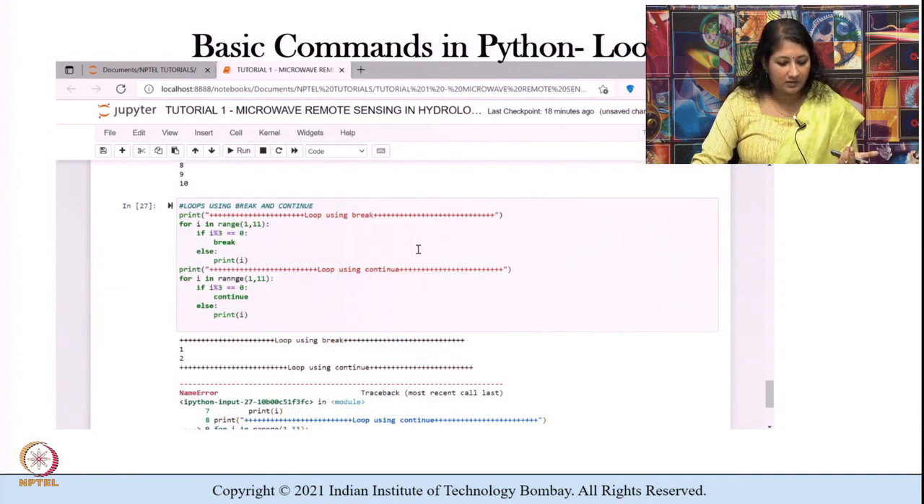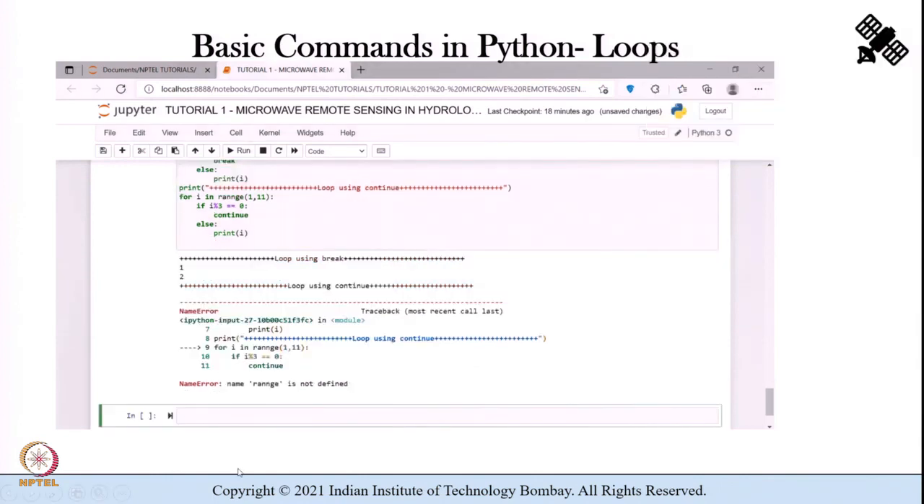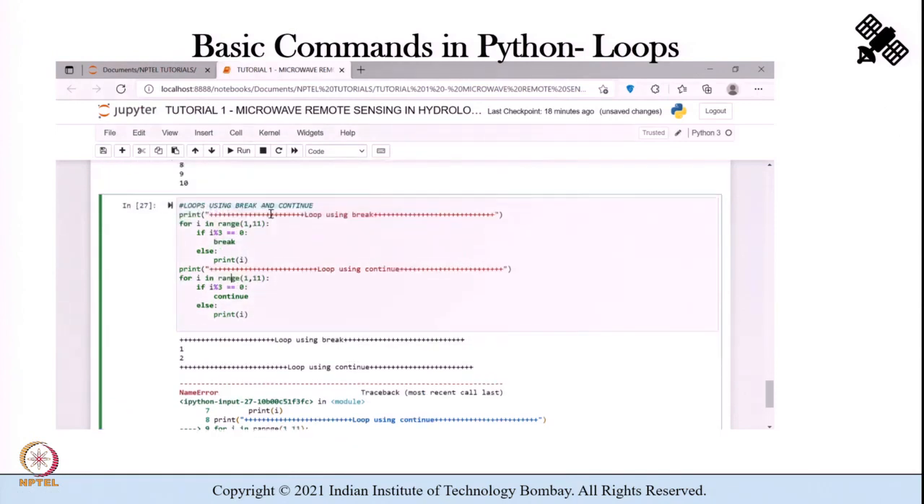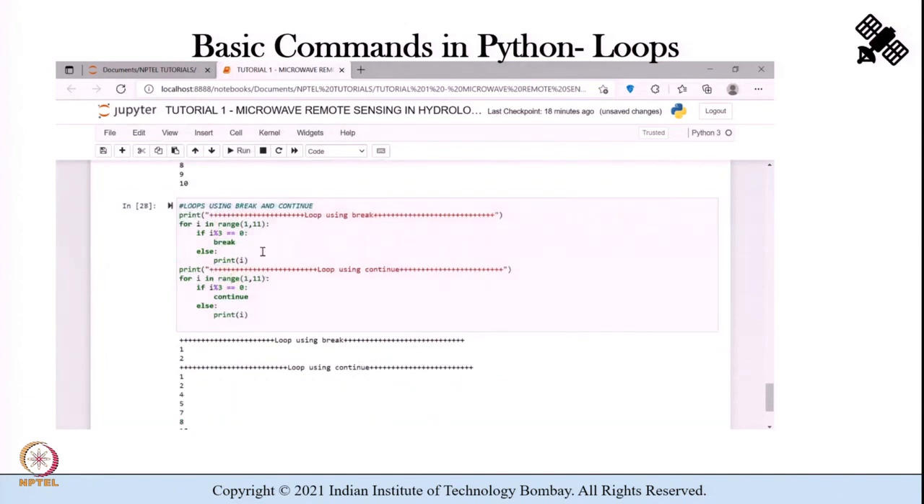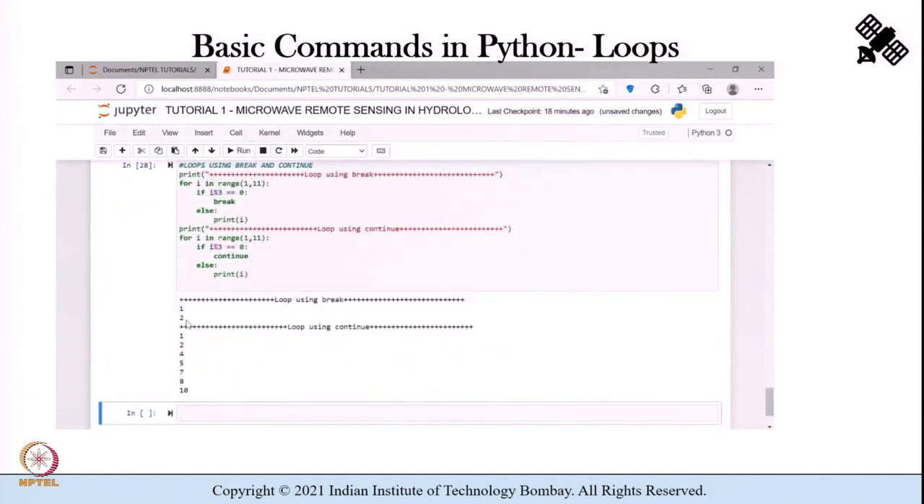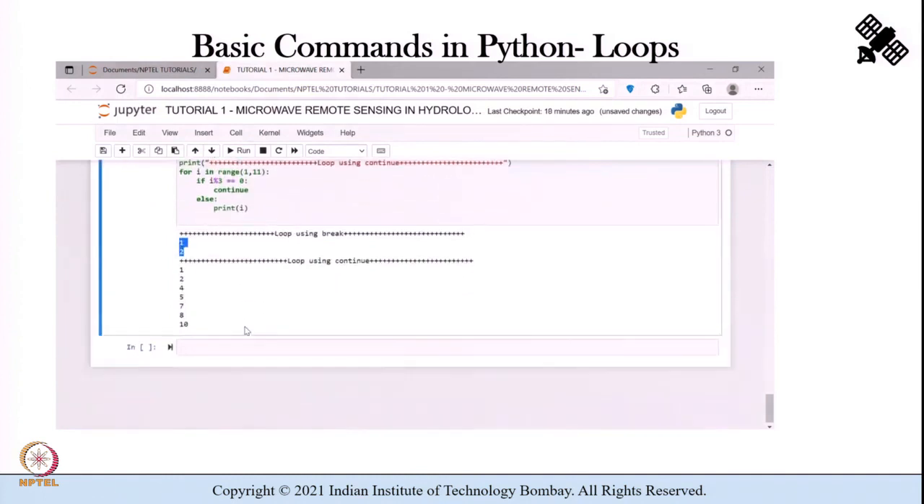There is a simple error, let me see. The spelling of range needs to be corrected. It says name error, so the spelling of range has to be corrected. I correct it and then press run, and I get loop using break 1, 2, loop using continue 1